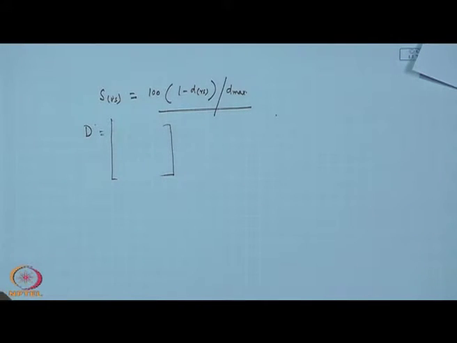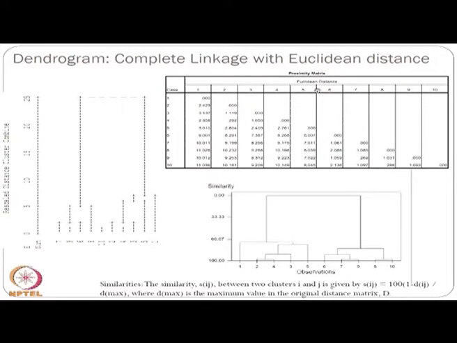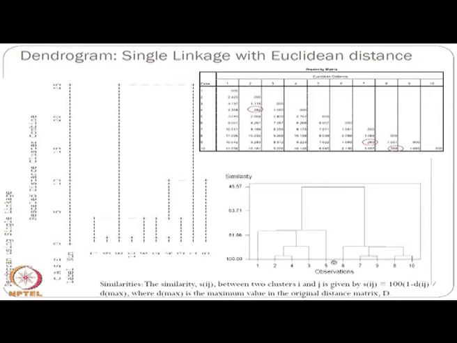So, that similarity measure is there. Okay. Now, go to that complete linkage case. First one is single linkage, second one is complete linkage. Is there any difference in dendrogram? I think there is